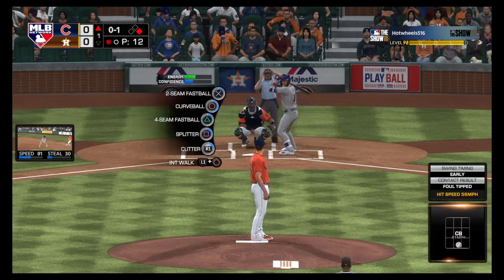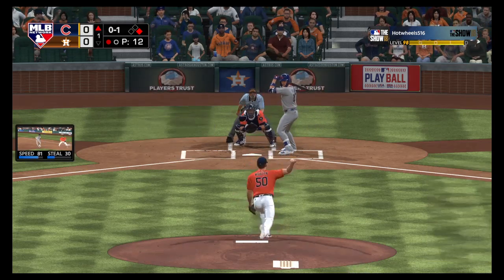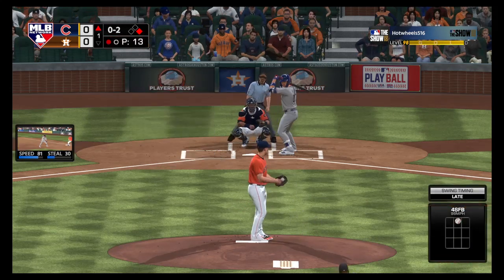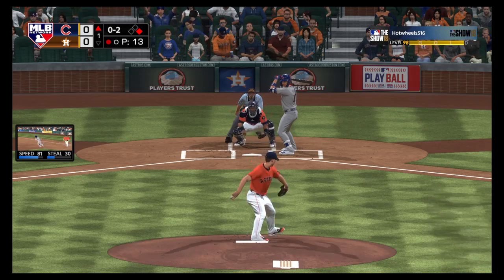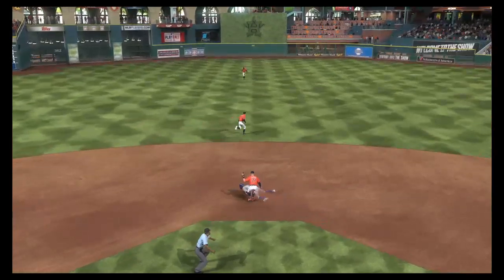And the first pitch is chopped foul at the plate. It's strike 1. He's ready. Here's the 0-1. Swing and a miss just behind a lively fastball. Well, clearly this guy doesn't need many warm-up pitches because he's 98 miles an hour in the first inning. Wow, and they end the...